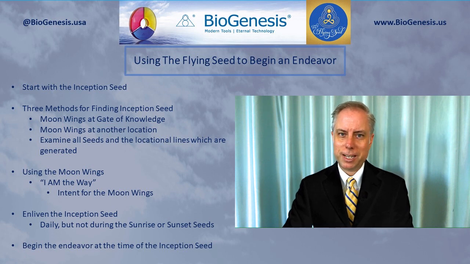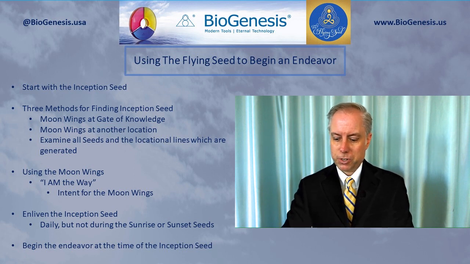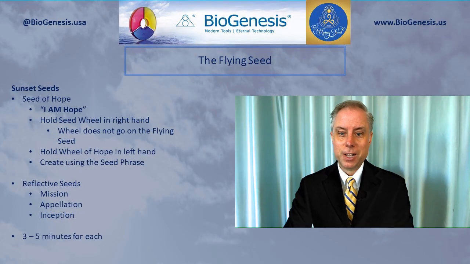This is sort of the same thing, except Lantos gave us a slight change a few weeks ago with the seed of hope. You find the seed of hope, and you will use, let me pull up the information for you so that we have this. You will use the instruction, I am hope. Then instead of putting the wheel for that seed on the flying seed, you put it in your right hand. You hold the wheel of hope in your left hand, and then you create using the seed phrase for that